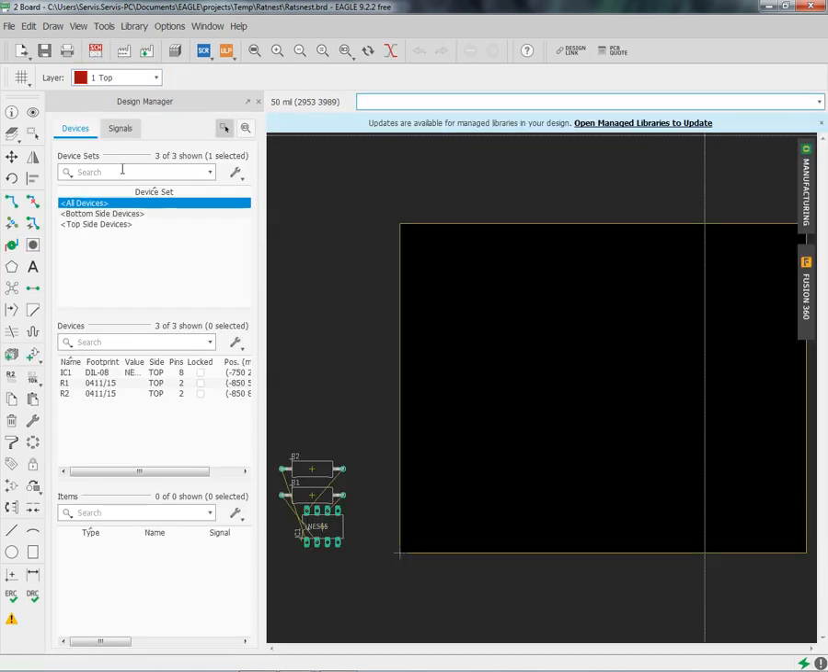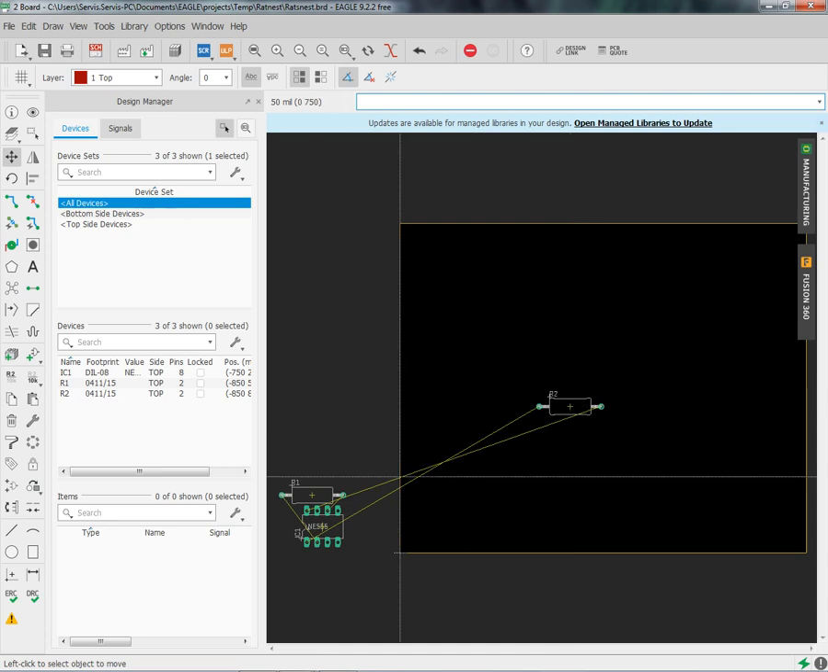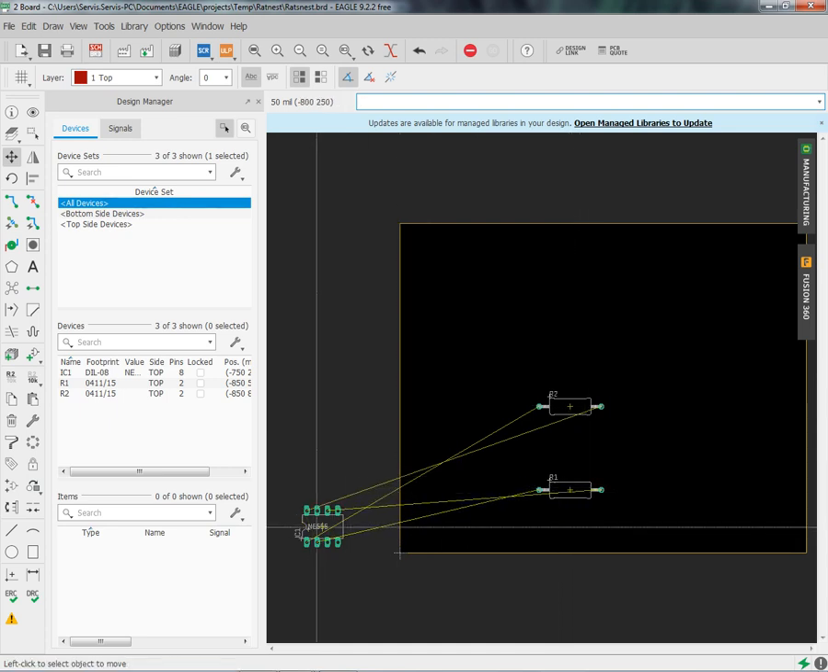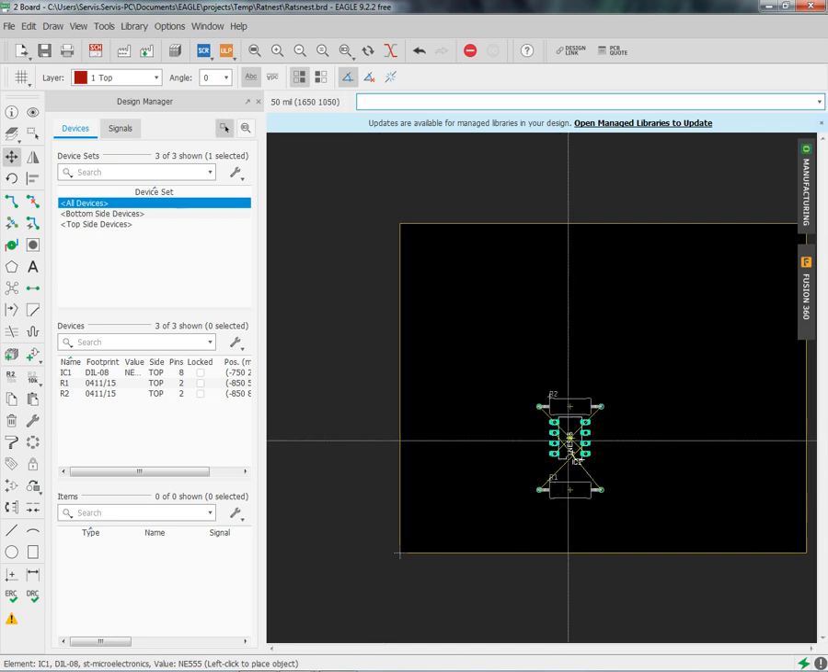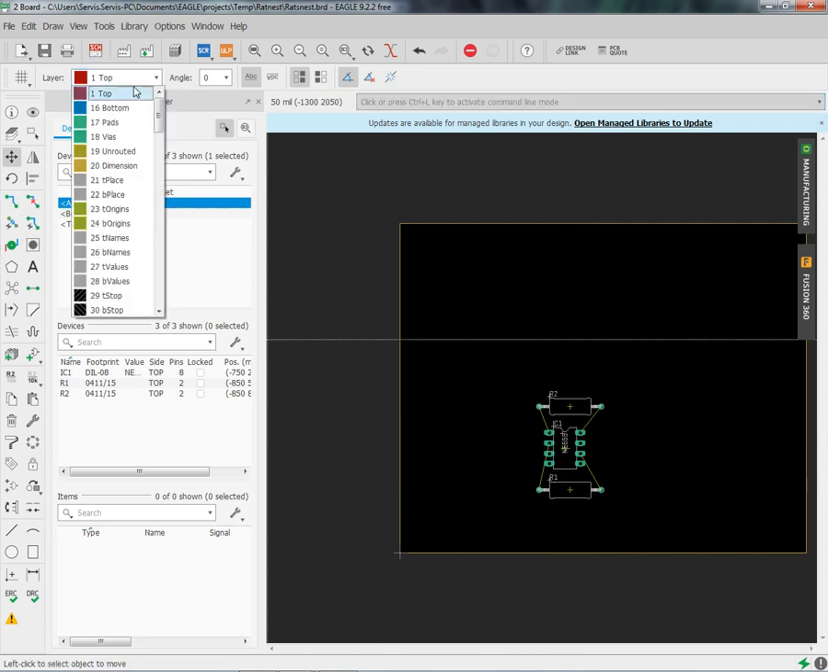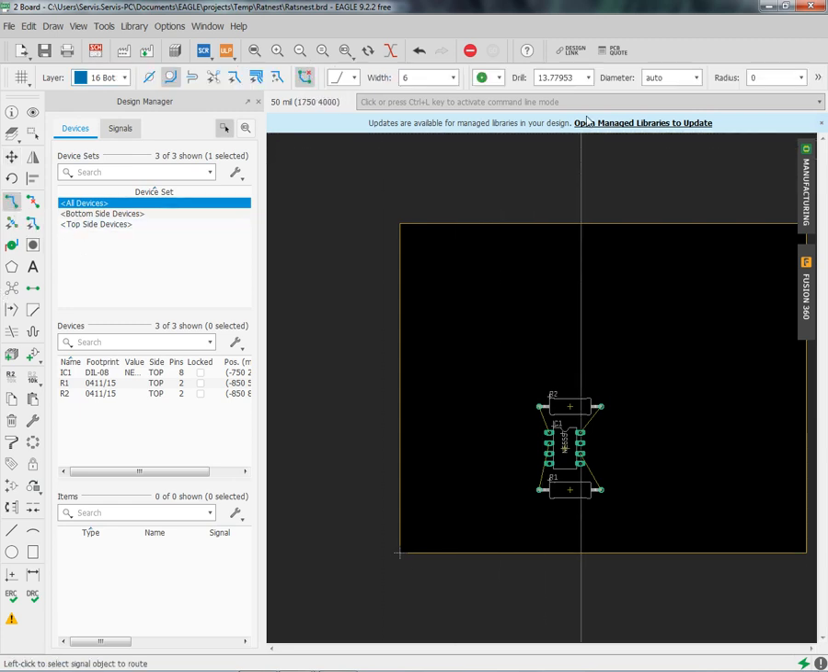Now I will switch to the board, to the PCB. I will make my little PCB. So we try something. It's perfect. Okay. So now our bottom layer. I will route my